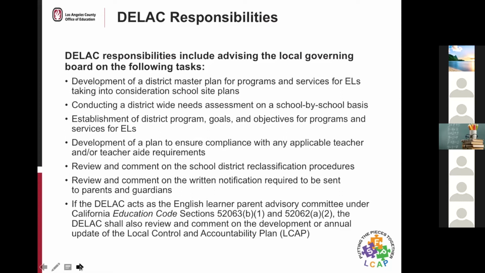And we'll be looking at what the English Learner Parent Advisory Committee is in a couple slides, so we'll review that again. Next slide.